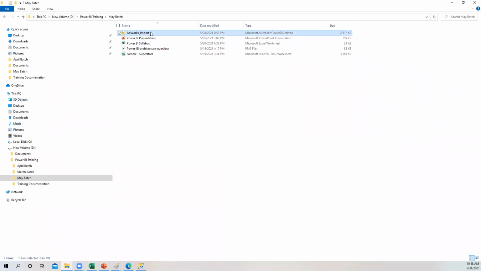On Friday we had one file where it was giving the Azure connection issue. I got the same file. If you have the same file, keep it on your machine, go here, guys, and try to change the connection within the same file.